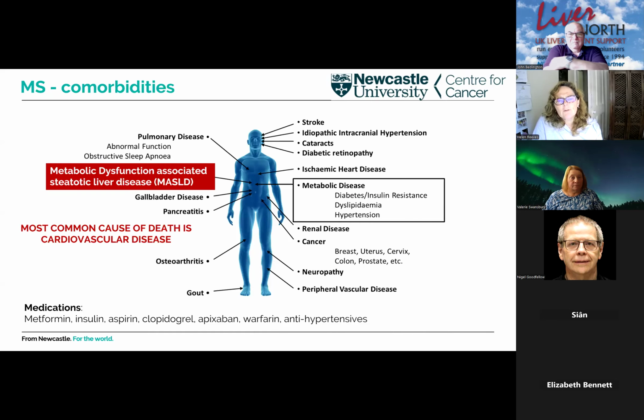But you just have to be very conscious that these people have got the metabolic syndrome and they have a risk of a cardiovascular death. They have all of these other things that are being managed and looked after. So they have to be taken into account. Their kidney function, for example, might be a reason that you're not doing as many scans as you want to. They might also be on some of these drugs. If you want to do a liver biopsy, you need to think about them so that you're not making things